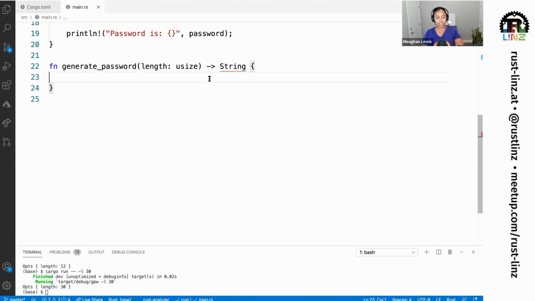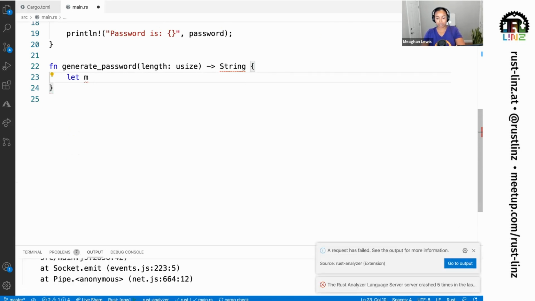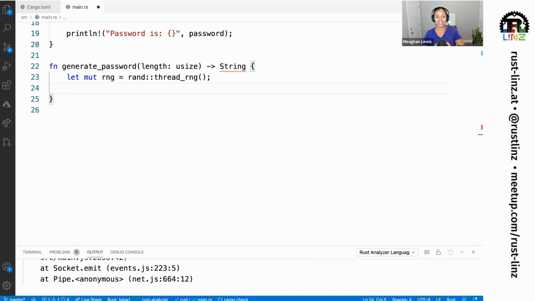Initially I want to define a new mutable variable called rng, which is going to be equal to rand::thread_rng. Oops, it already has that there for me.